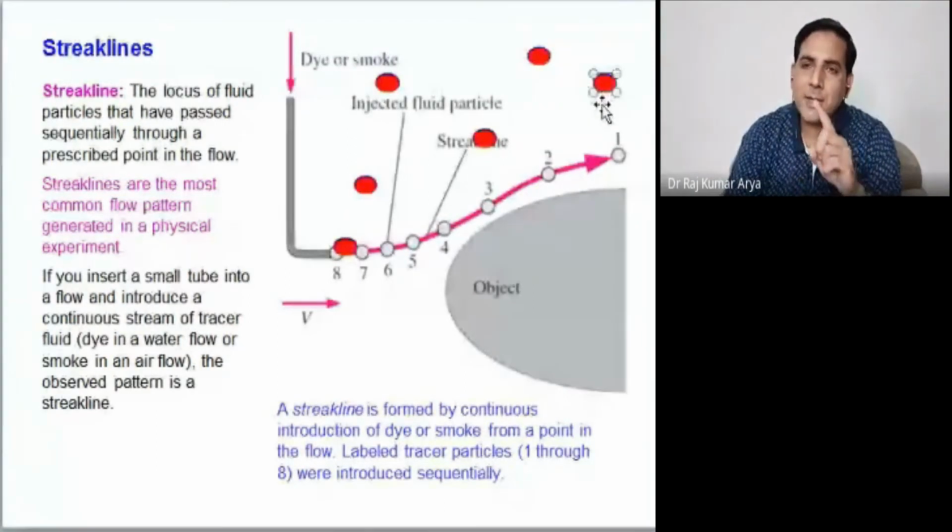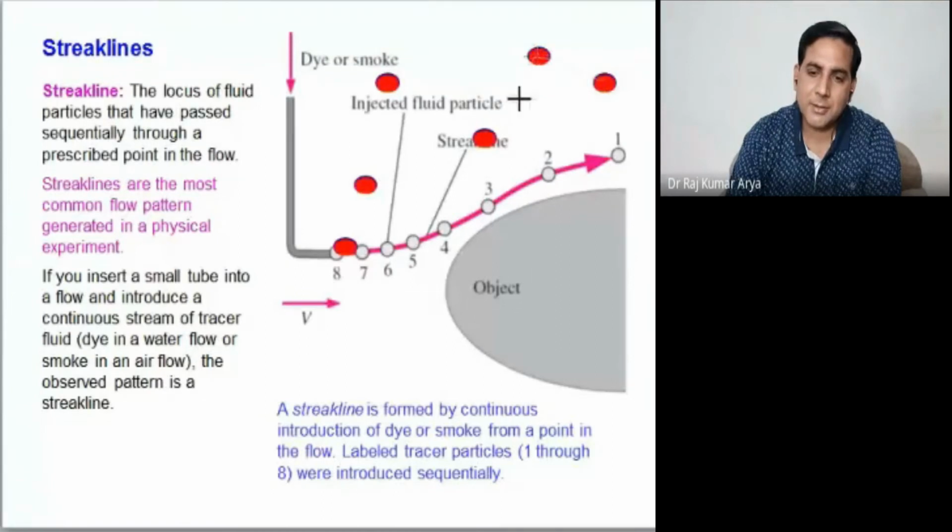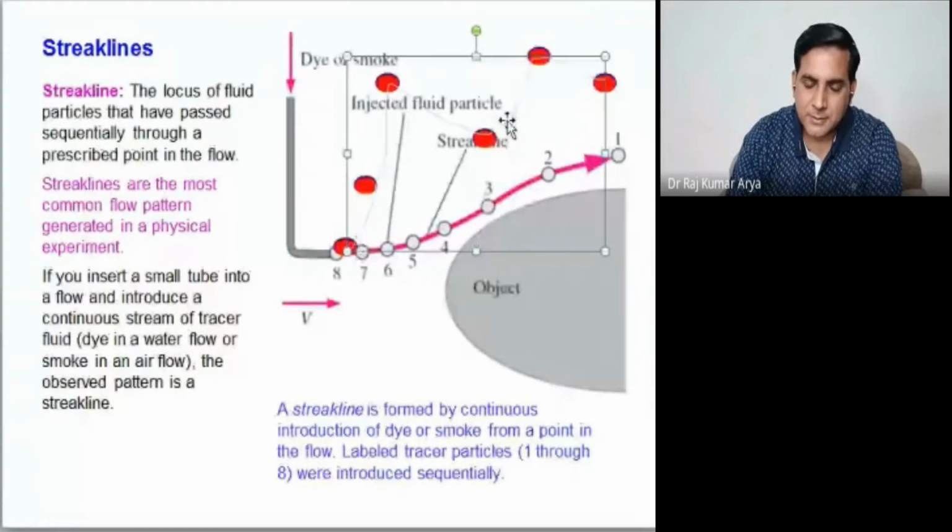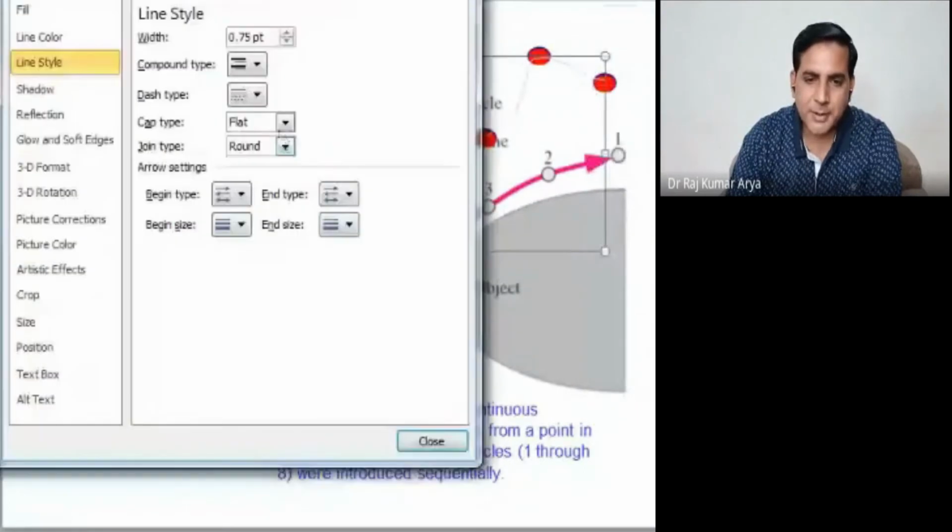So you are tracing this particle's movement in the order of time. This is its last position, the position immediately after that was this, and then that. If you want to join this line, it will follow this one. It went from here, then to here, to this side, to this side, and now it's here. So this would be your streak line for this particular particle.